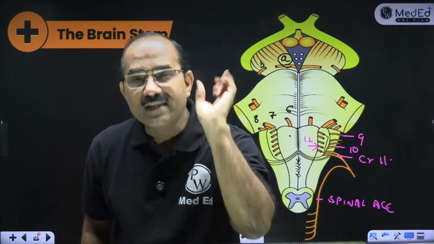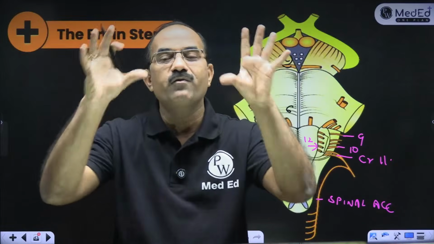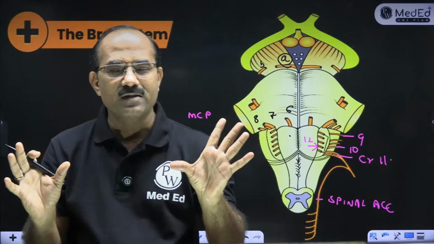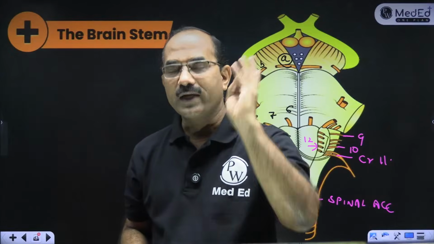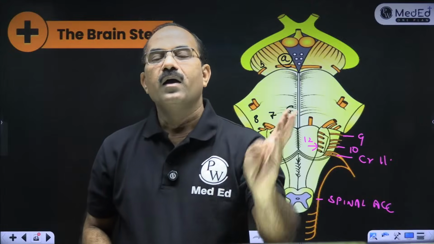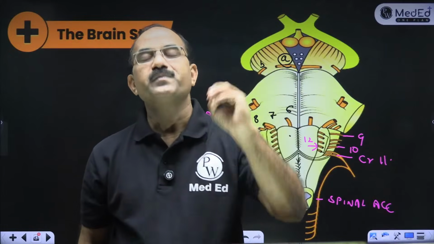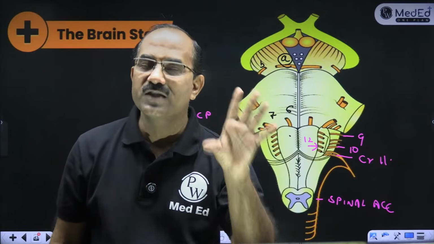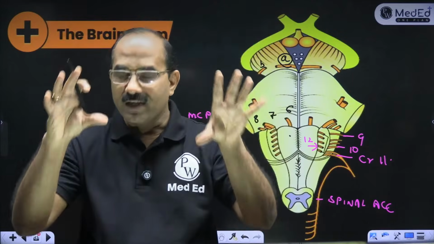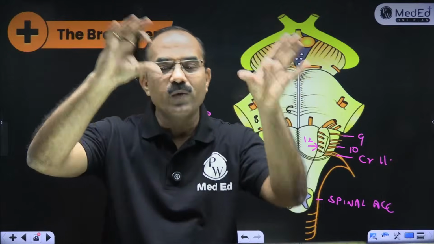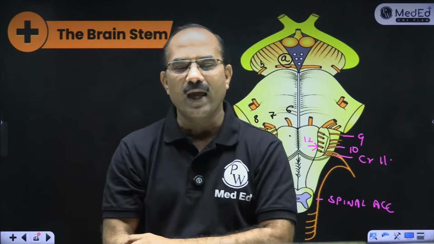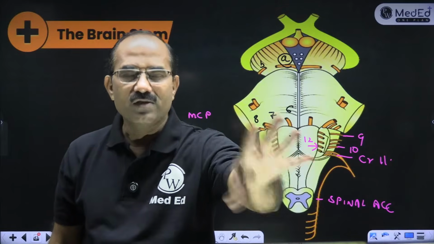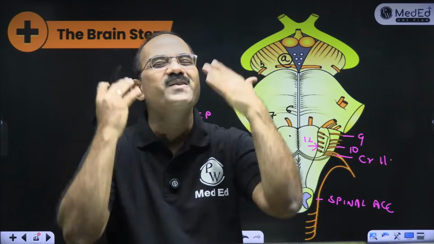It forms a plexus which is known as the pharyngeal plexus. The pharyngeal plexus is formed by the pharyngeal branch of the vagus with the cranial accessory, the pharyngeal branch of the glossopharyngeal nerve, and a branch from the superior cervical ganglion. It is also known as the vago-accessory complex. Just quickly tell me, this pharyngeal plexus or vago-accessory complex supplies all the muscles of the